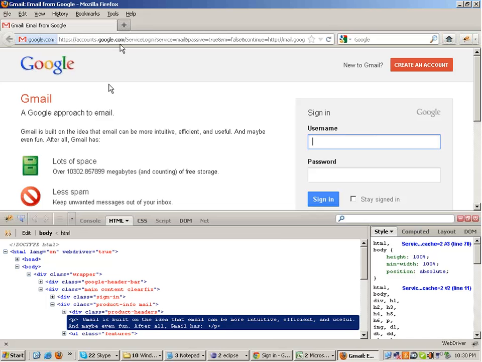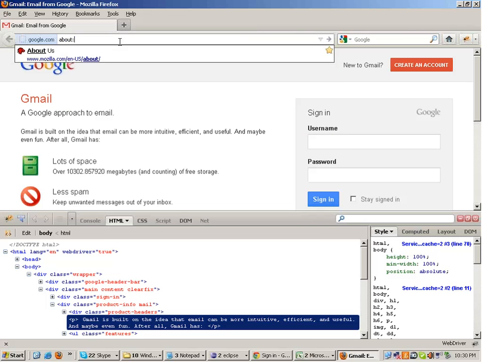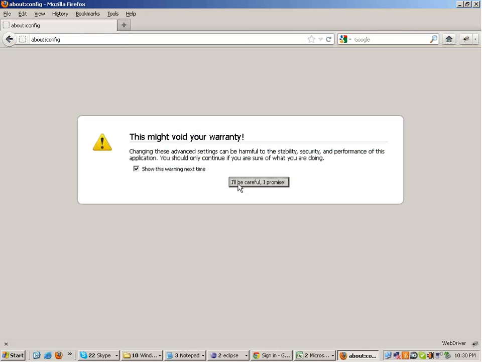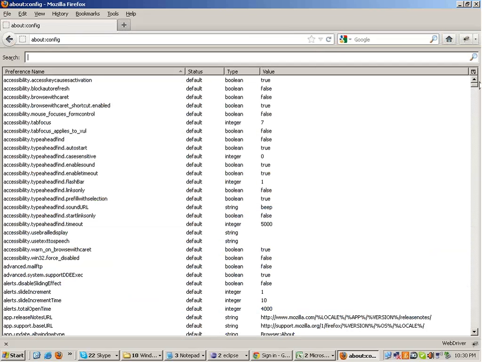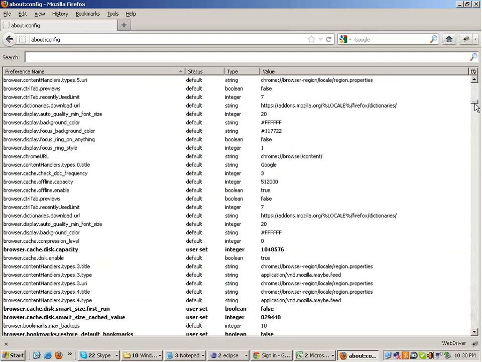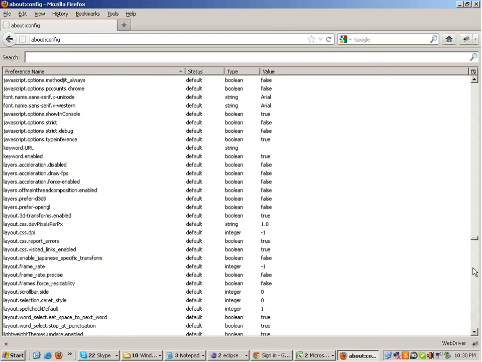You know what? In Firefox, if you write about:config, I'll answer your question in some time, hit enter and click on that. You promise that you will be careful. You click on this. There are various settings. You can control the Firefox browser entirely through these settings.